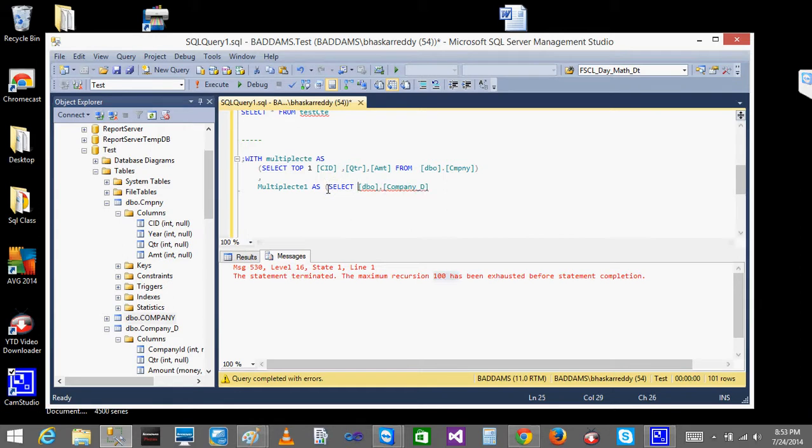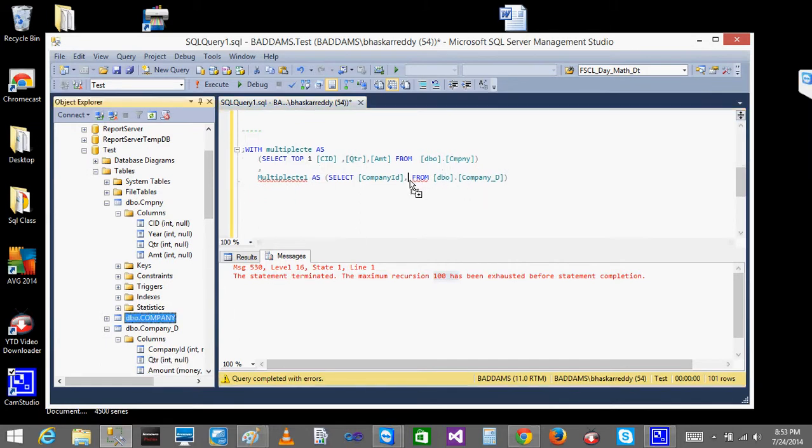Select from this here. So here I will be taking the company ID, quarter, amount. Yeah, so this is the other CTE I have created.